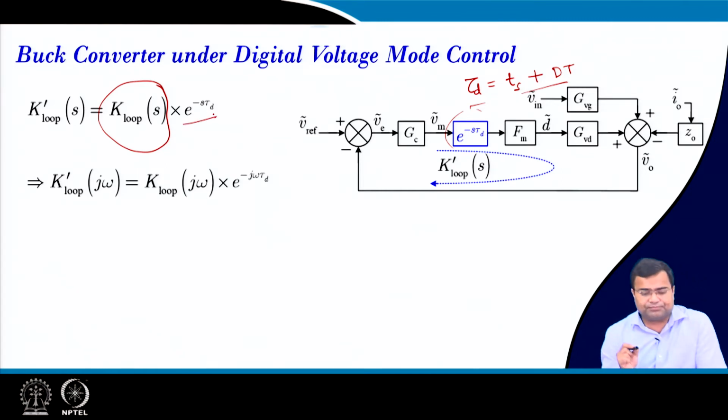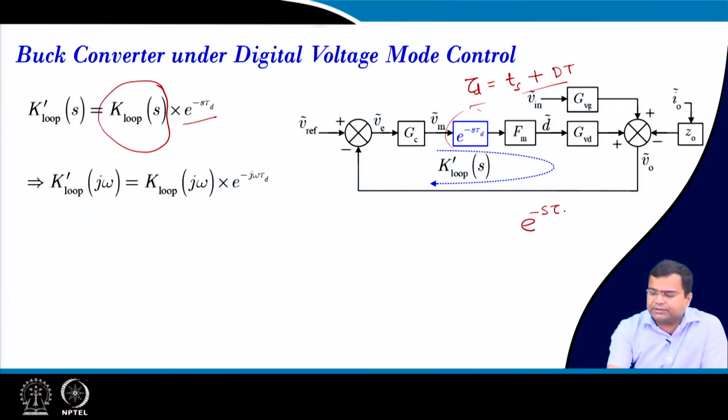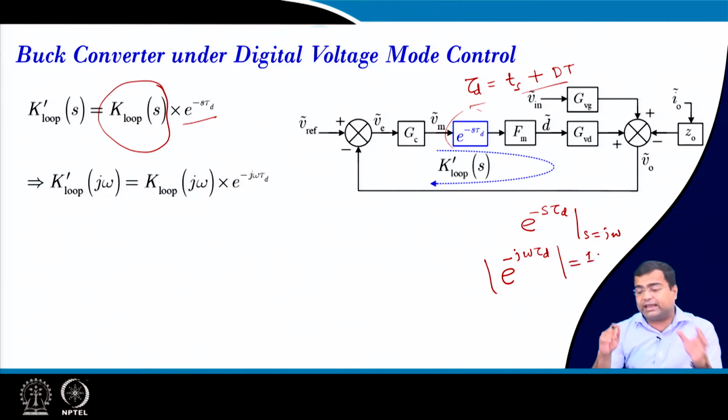the delay term. It is well known that if you take e to the power minus s tau d and obtain the frequency response, that means if you write s equal to j omega, then the magnitude of e to the power minus j omega tau d is 1. So, the delay will not affect the gain plot. The gain plot remains unaltered, the same as the analog control gain plot, but the delay